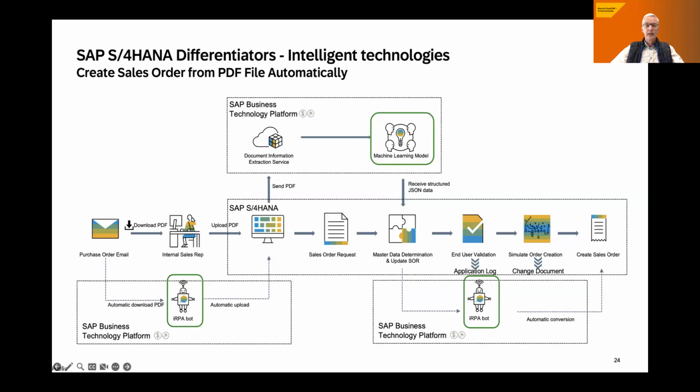Here, huge degrees of automation are possible. I would have an RPA bot monitoring this functional inbox where all the purchase order emails are coming in.